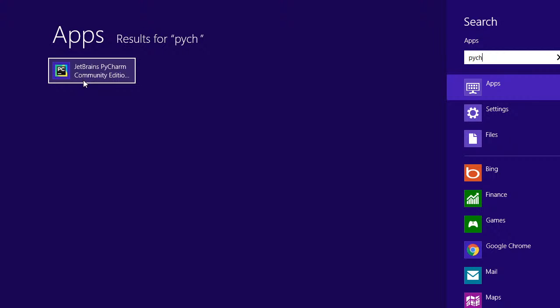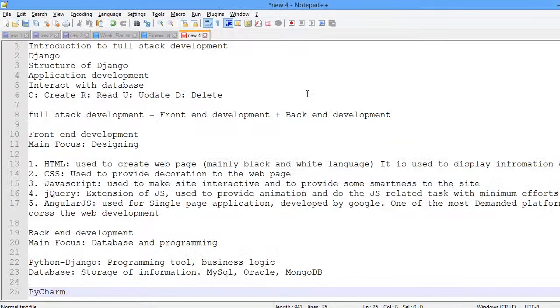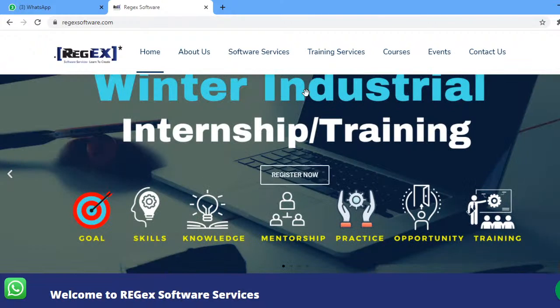Then see, on my PC, I am searching for PyCharm. It is already showing JetBrains PyCharm Community Edition. I am clicking on that. I have to wait a bit because it's a heavy software, so often it is taking longer to start. Although a lot of things are subject to the configuration of your system,